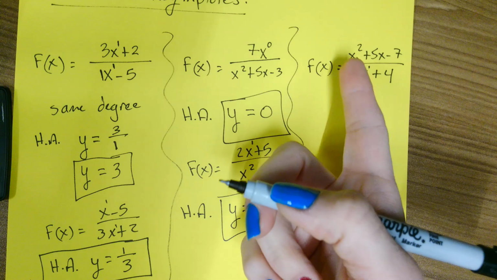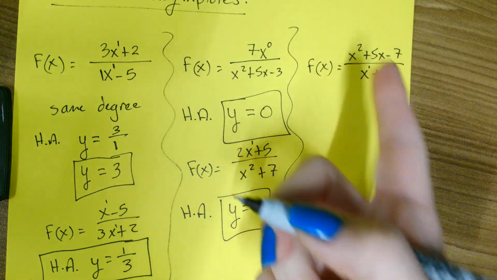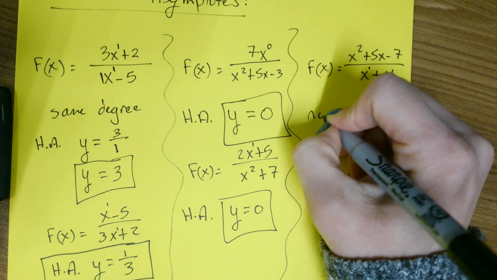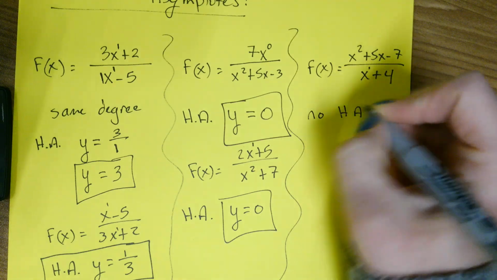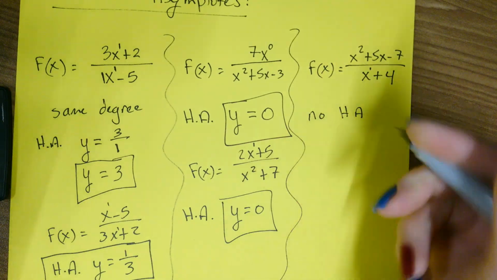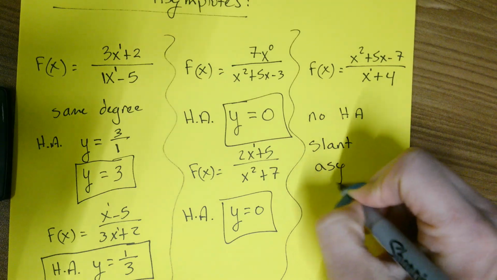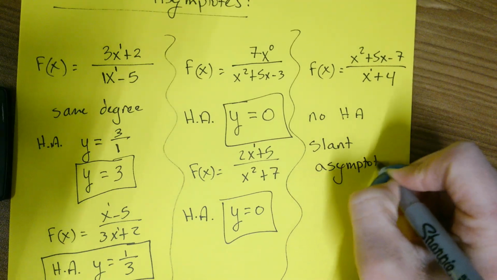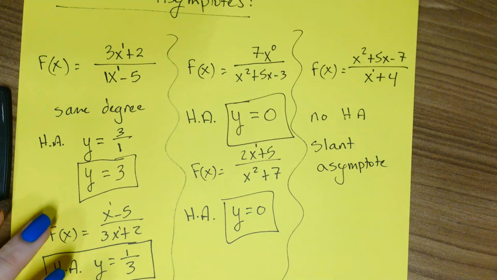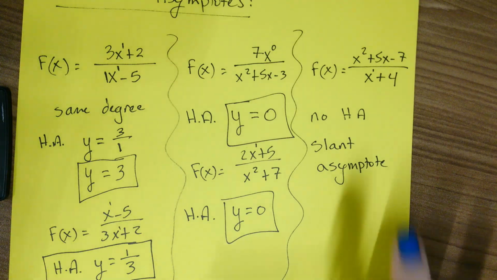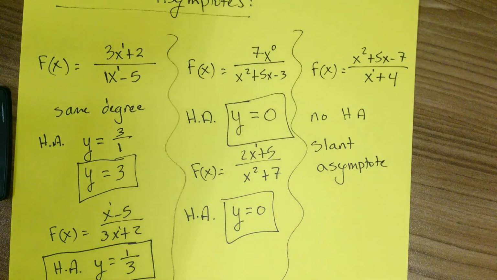Anytime the degree is larger in the top than it is in the bottom, we end up with no horizontal asymptote. We actually have what's called a slant asymptote. And in order to find that, we would have to know how to do polynomial division, which